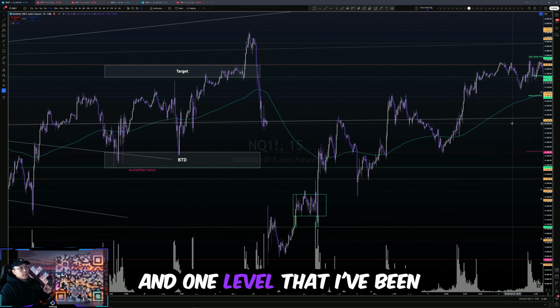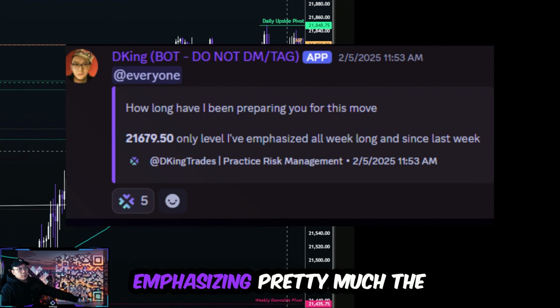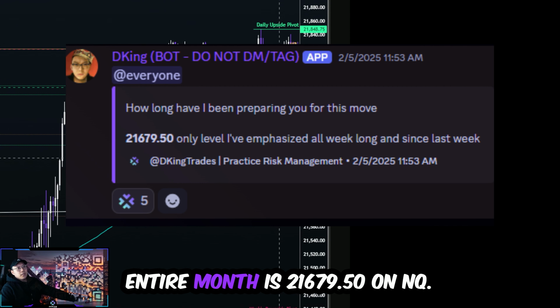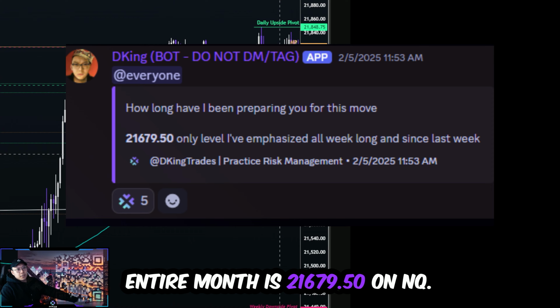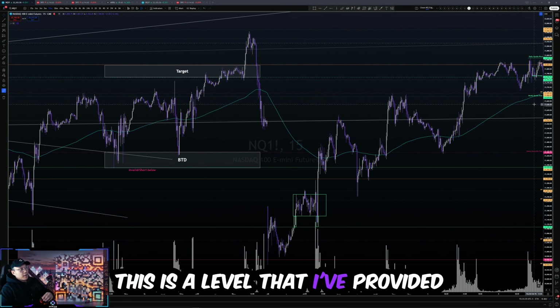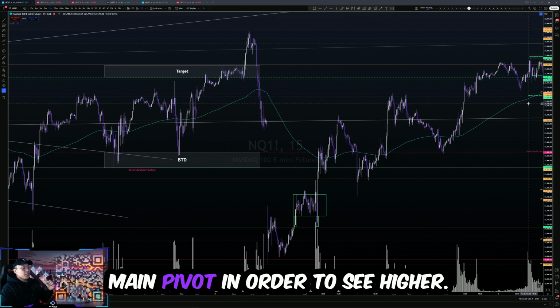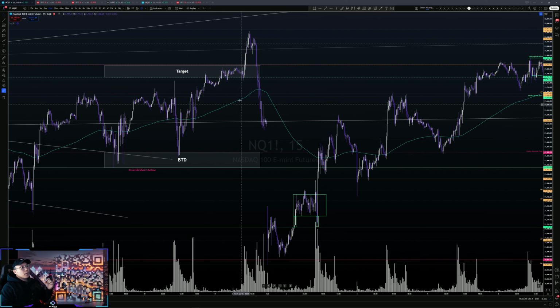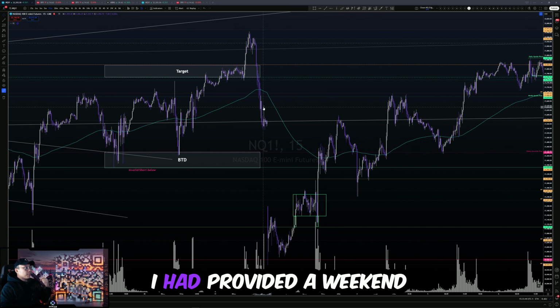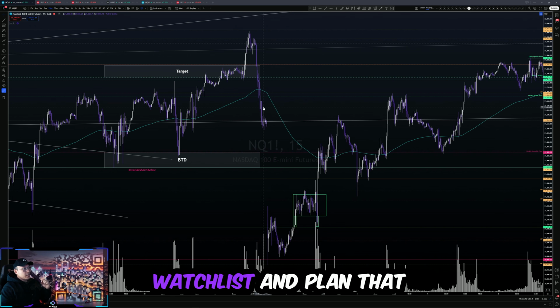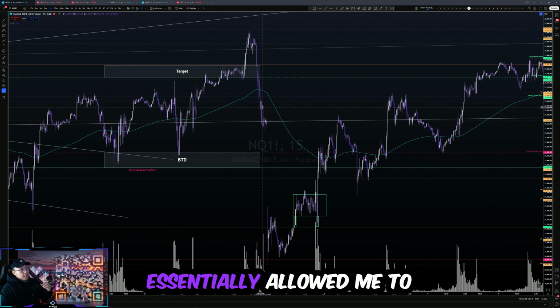And one level that I've been emphasizing pretty much the entire month is 21,679.50 on NQ. This is a level that I provided publicly on Twitter, and I continue to emphasize as your main pivot in order to see higher. Based on that Friday's close, I had provided a weekend watch list and plan